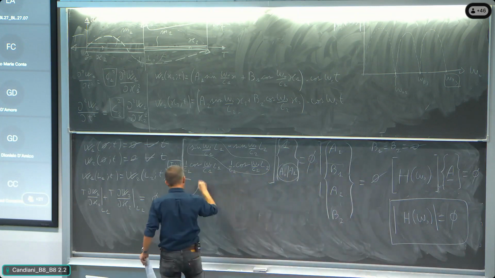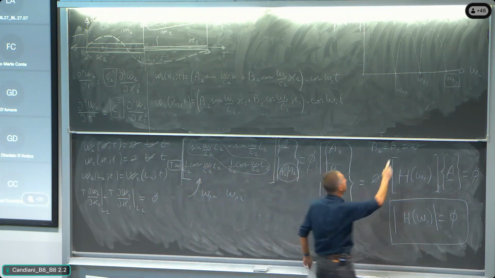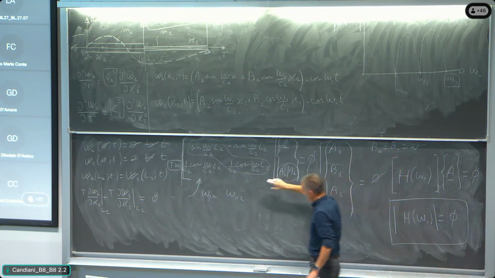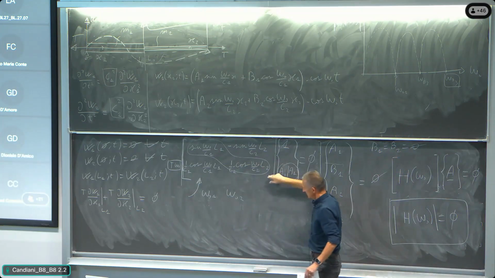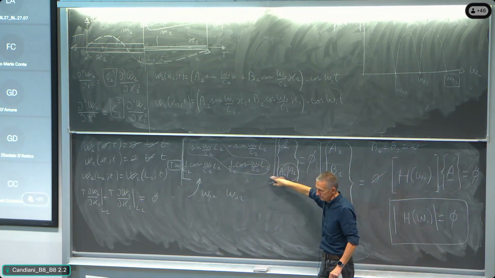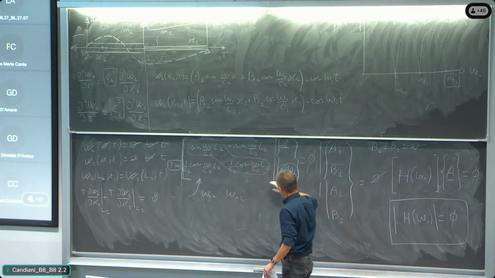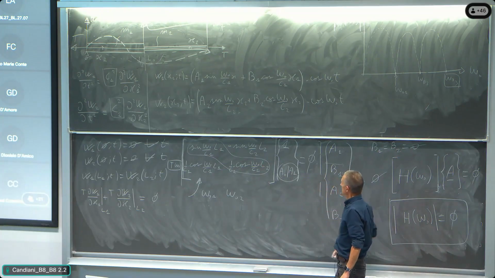So you get here omega 01 or omega 02. So with the numbers that are making the determinant null, you are putting those numbers into the second equation, for example, okay? And with those numbers, you are calculating which is